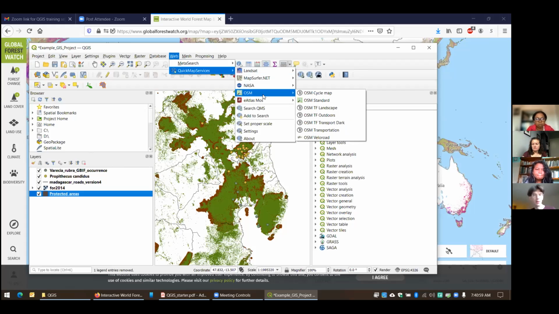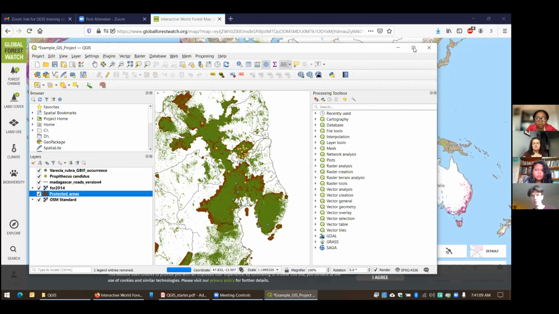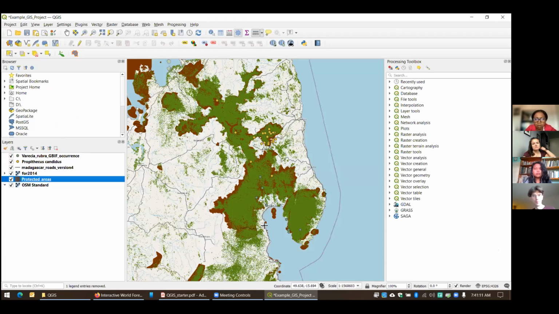The one that I tend to pick most often because it's the most relevant and simplest to look at is the OSM standard. I click on OSM standard. And you can see that the OSM standard layer has now been added. There's a little check mark next to it showing that it's being displayed. And now again, we can see the shoreline along with the blue water.